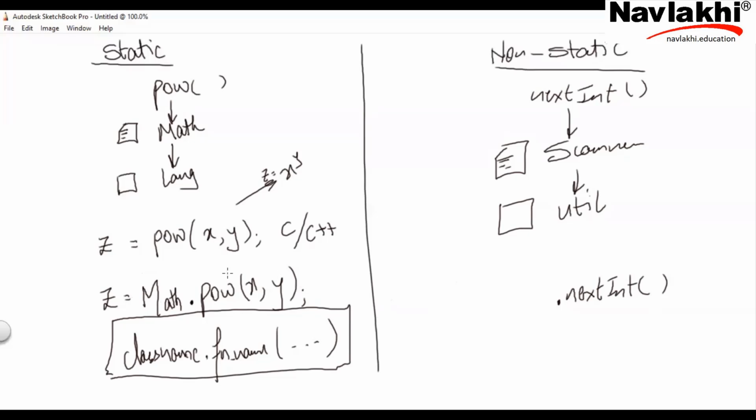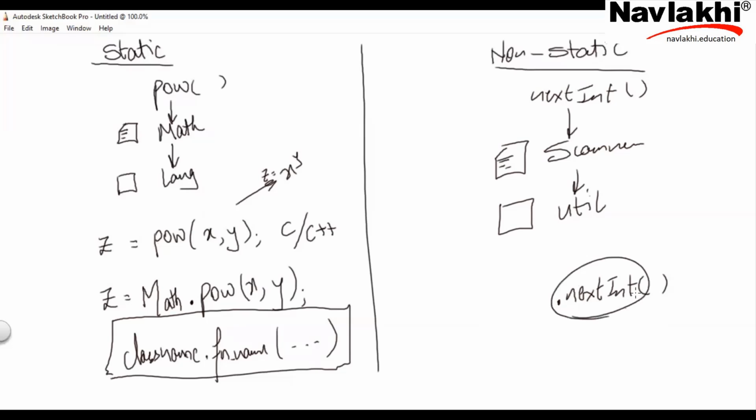Understand why. If you remember, whenever the function is static, I told you it's common to everyone. It's not Manav's function, Abhishek's function, Kunal's function, Ravi's function, Rajesh's function. It's not like that. This is common property. It's not my sunlight, your sunlight. It is common sunlight. So for the common thing, it is class name dot function name. But when it comes to your bottle, my bottle, it has to be something like Manav's nextInt, Abhishek's nextInt, Rajesh's nextInt. So the object name, the owner's name, has to be mentioned here. Whose nextInt?